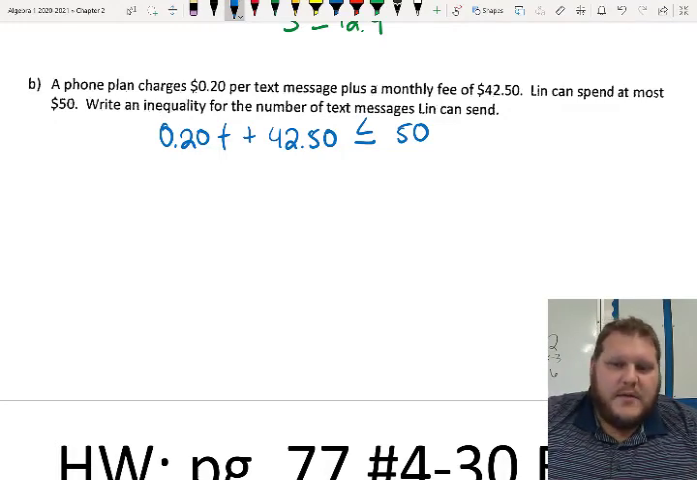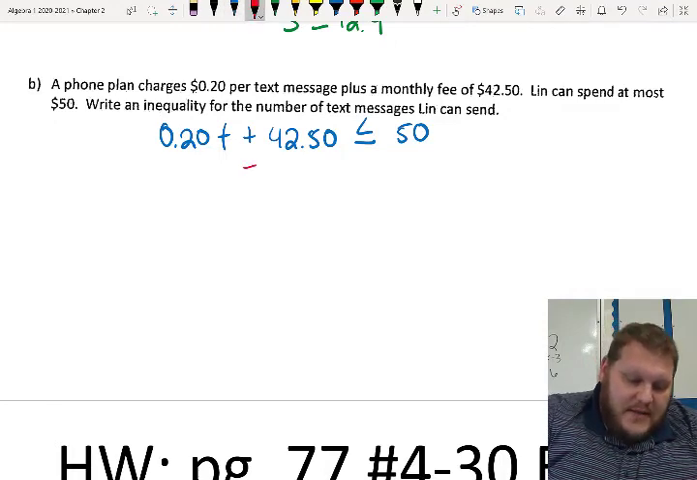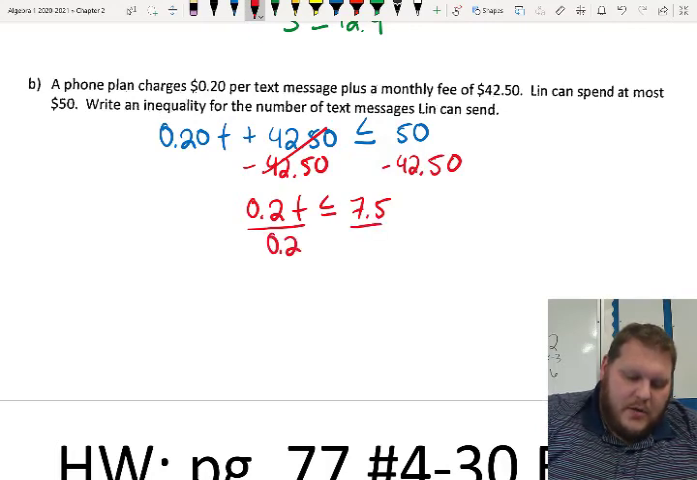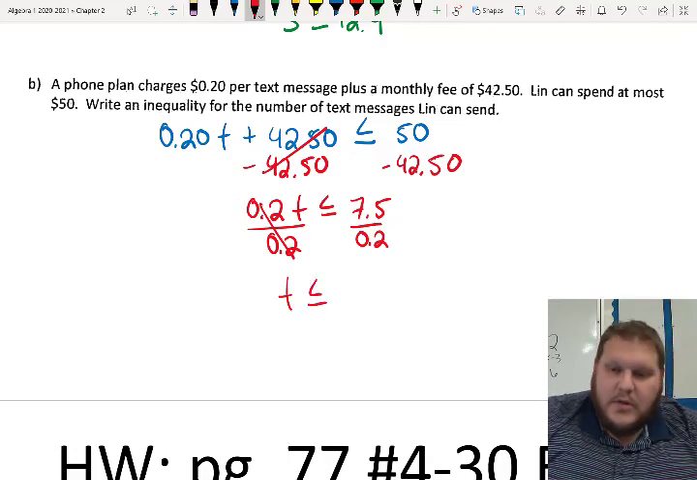So to solve this one, same general process. I'm going to start by moving anything that does not have t attached to it, since that's what I'm solving for. So here when I do that, 0.2t is less than or equal to 7.5. And when I divide by 0.2 on both sides, I don't have to flip the direction because it's a positive 0.2. I end up with